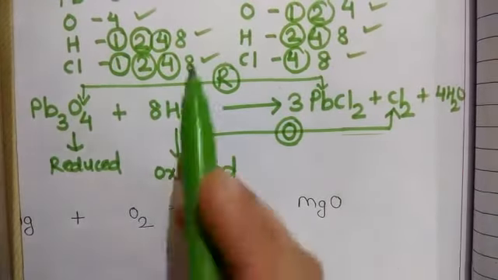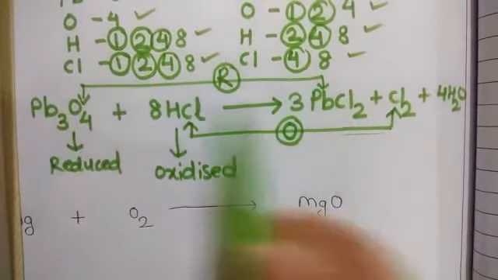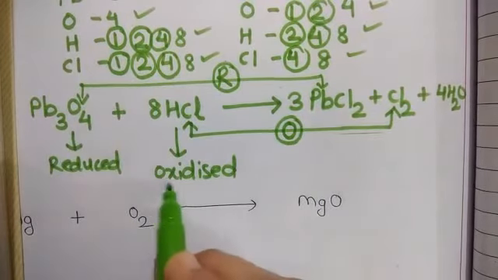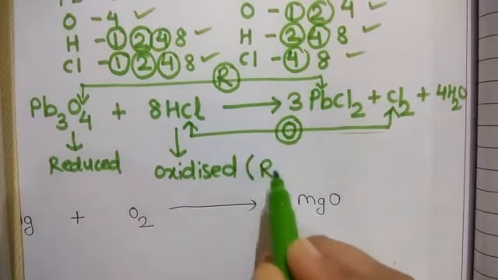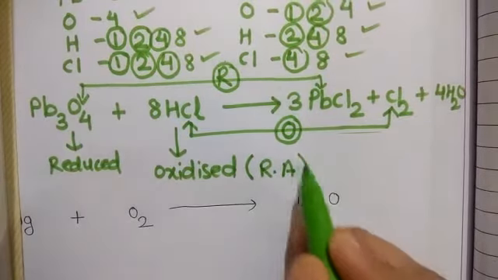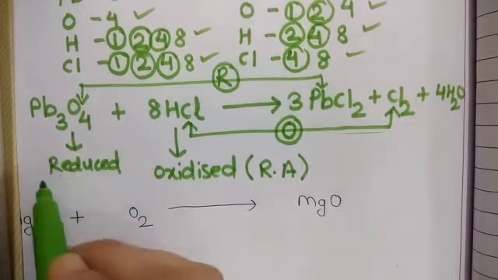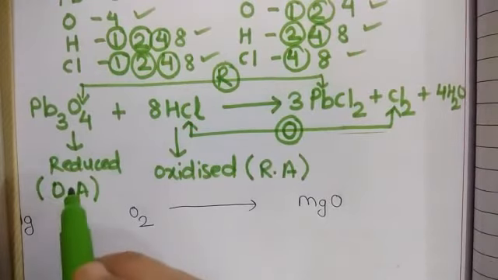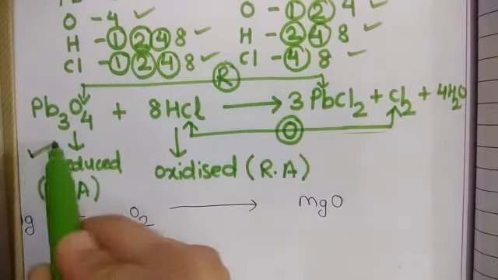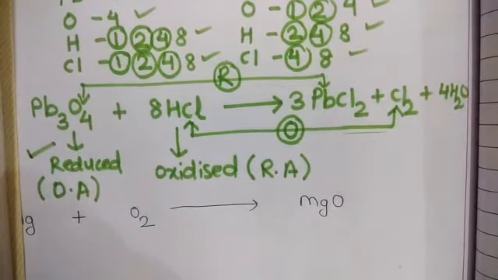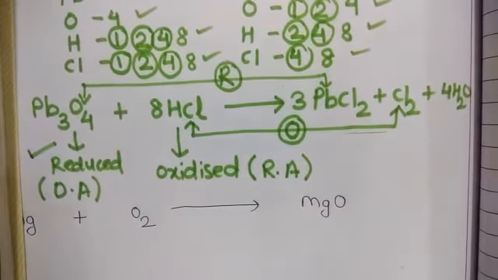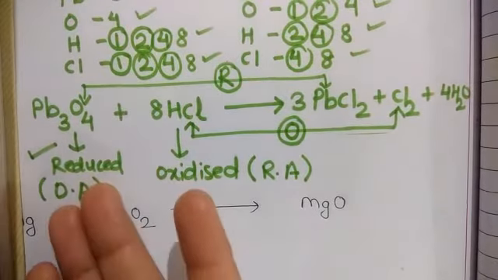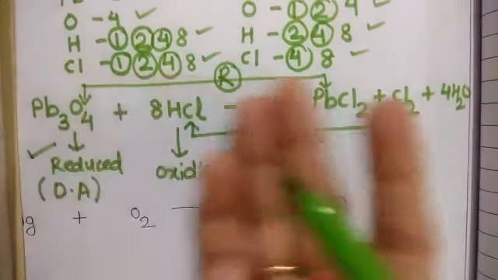Now they are asking in the question which is the oxidizing agent here. I have told you, if this is oxidized, that means this is your reducing agent. And if this is reduced, then it will act as an oxidizing agent. So it is very simple that Pb3O4 is your oxidizing agent. Clear? So in this way, you have to analyze which is the oxidizing agent, the reducing agent, how to write oxidized, how to write which one is reduced, and how to write oxidation and reduction reactions.